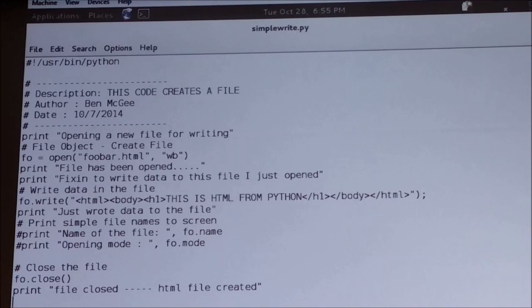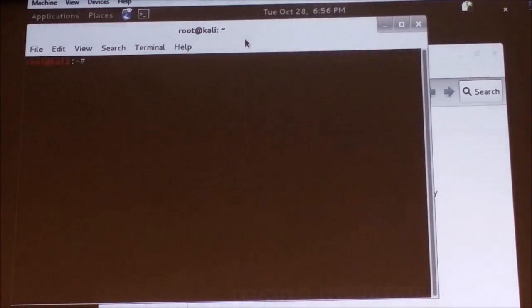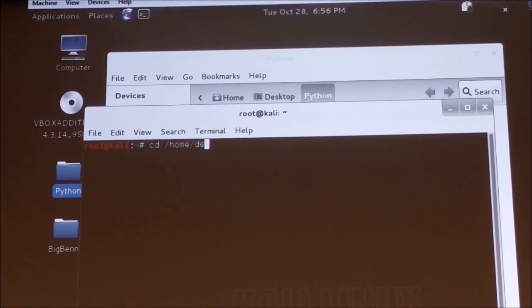Okay, and then after I save it, what I should be able to do is go back to that folder that I was in, and I can see that the folder's right here, right? So what I should be able to do is, home desktop Python is the name of the folder right here. Should be able to just launch a terminal and cd home desktop. What's the name of it? Home. What did I say it was? Desktop Python. cd home